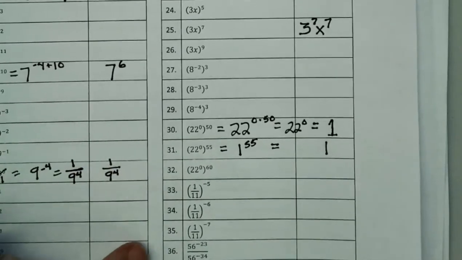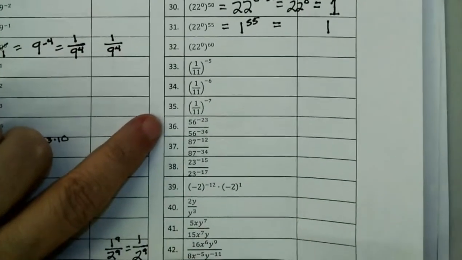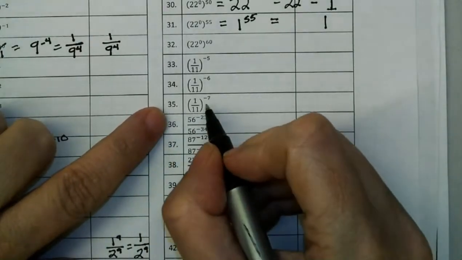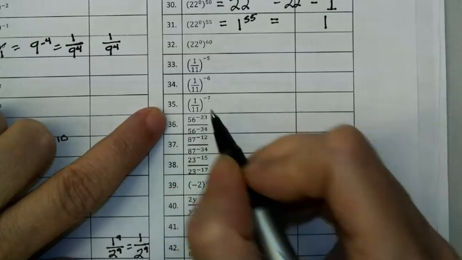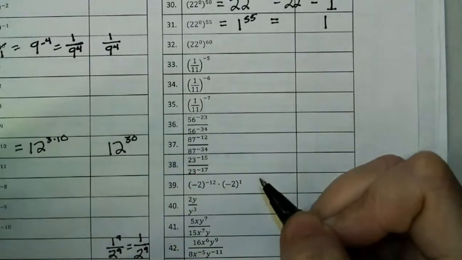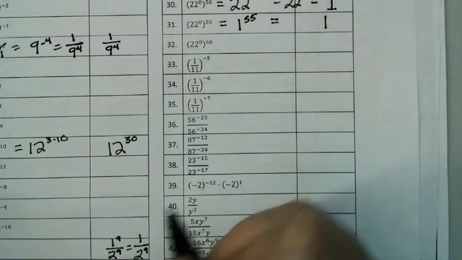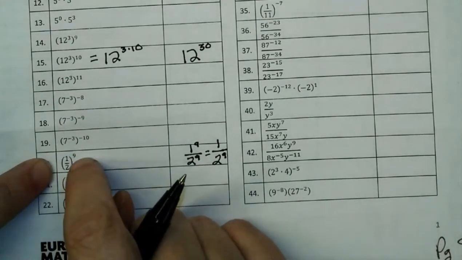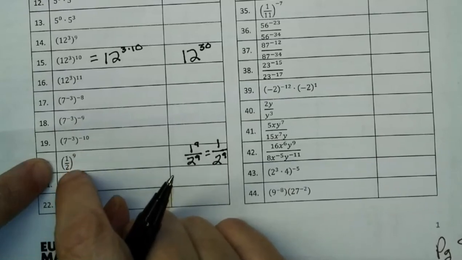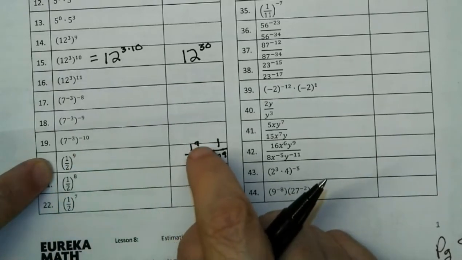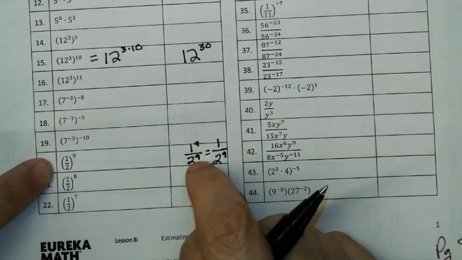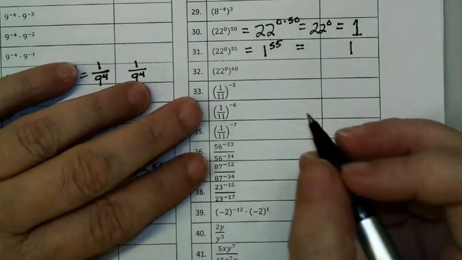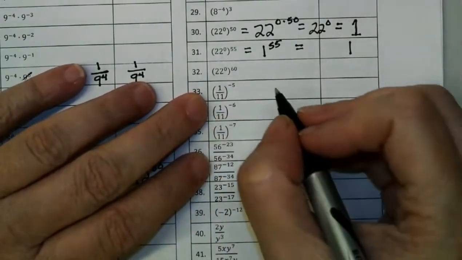Okay. Let's go down here now to number 35. And we've got 1/11 raised to the -7th power. Now we already did one that was a fraction raised to a positive power. We got a fraction here, raised to a positive power. And we just took the fraction and we multiplied the top number times that and the bottom number times that. Okay? So we're just going to take this one here, and we're